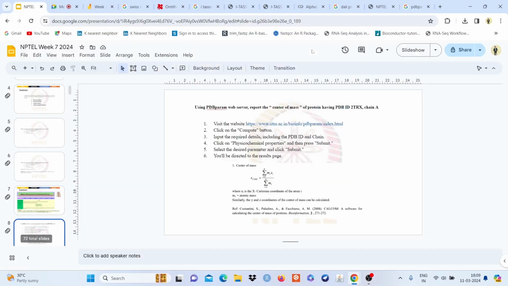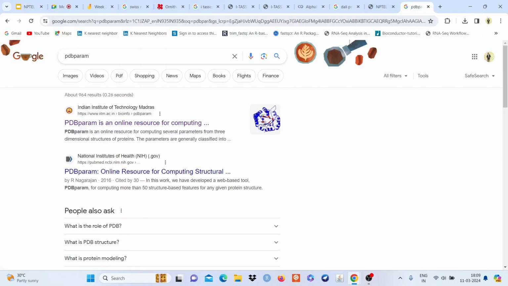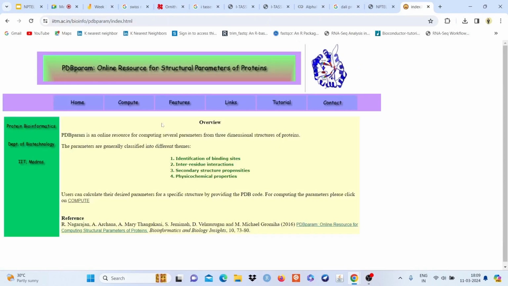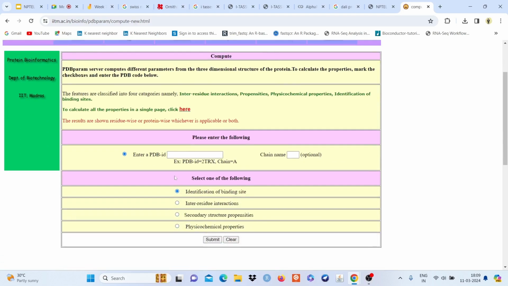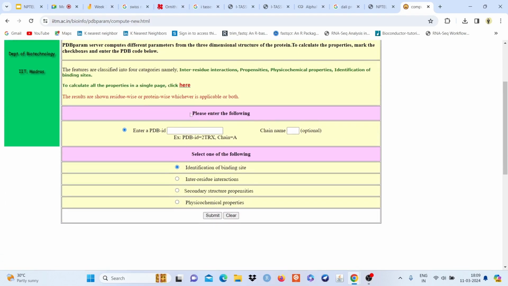Okay, let's move. This is the home page of PDBparam. I'm moving on to compute. Under compute, we can see it asks to enter the following: the PDB ID and chain name. So I'm entering the PDB ID 2TRX and chain name A,